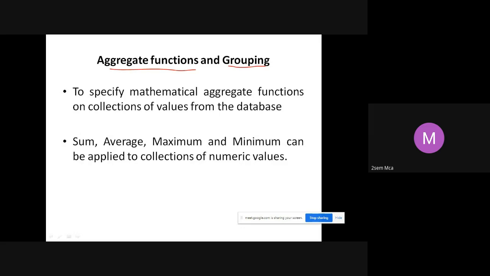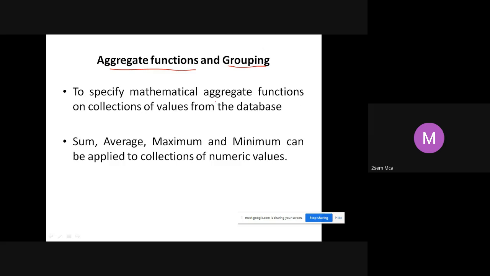For every department, I want to count the number of employees, let us say. Wherever we come across this phrase "for every", we make use of the group by function. So we have seen a couple of examples with respect to the group by function, right? Now in relational algebra, let us see how we can do this and what the possible aggregate functions are.